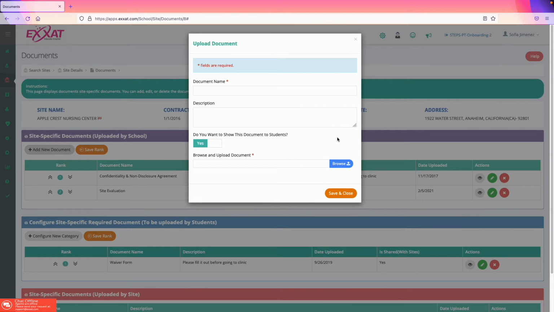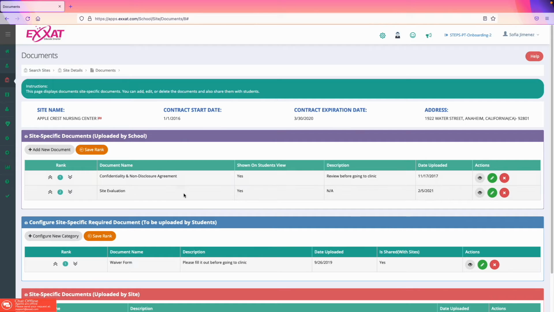A pop-up will appear and you'll enter in the document name, add a brief description if needed, decide if you'd like to share this document with your students, and then go ahead and browse and upload your file. Once you save and close, the document will be listed and you'll always be able to go back and view